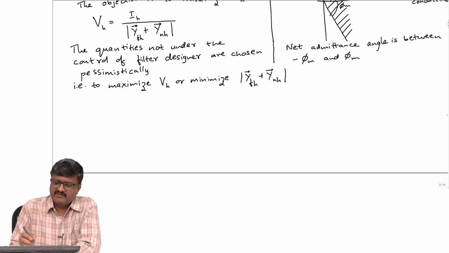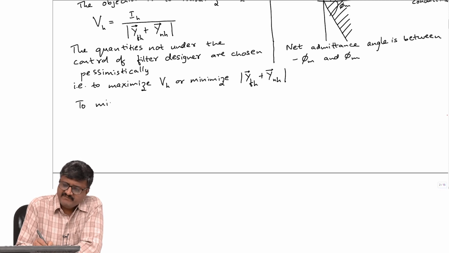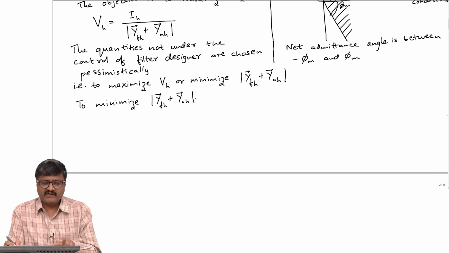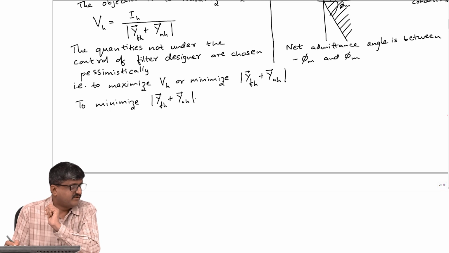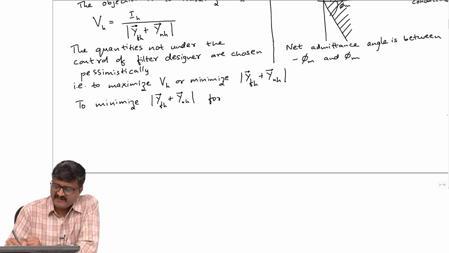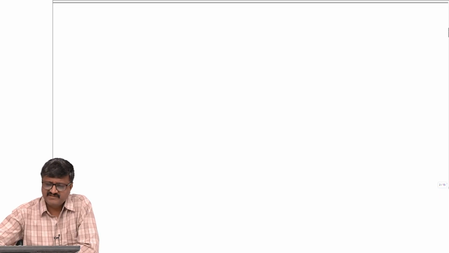So, if I want to do this, so let us say how to minimize this, how to minimize the absolute value of YFH plus YNH. Now, what I will do is, we will try to take the worst case of YNH, but YFH is yet to be designed. Now, suppose I take the worst case for YNH for a given value of, say, please note we have not yet decided YFH. So, for a given YFH, I will take this next page.